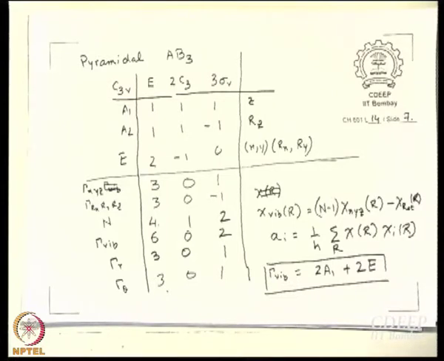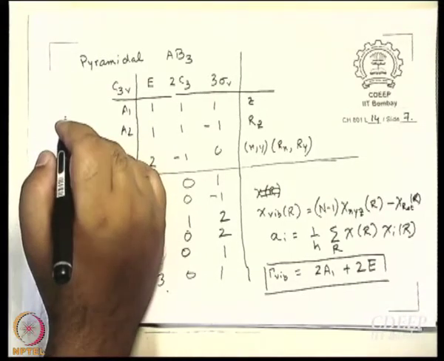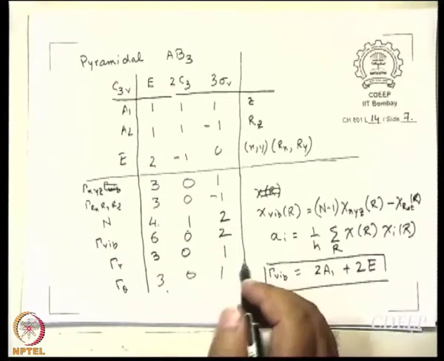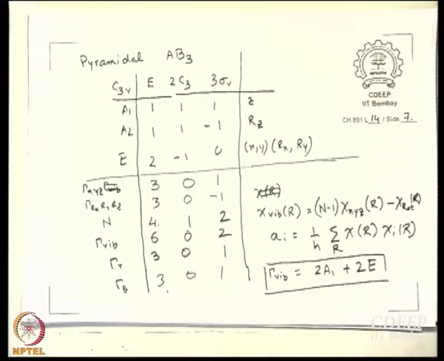It will be 3. If you apply C3, then what will happen? The 3 angles will all move. Theta 1 goes to theta 2, theta 2 goes to theta 3, theta 3 goes to theta 1, right? All are rolling stones, and according to Shantanu, they will gather no moss. So, character for them is 0. What about sigma V? One of the angles remains where it was, isn't it? So, once again the character is 1. 301, 301, you can break it down, they will turn out to be A1 plus E.